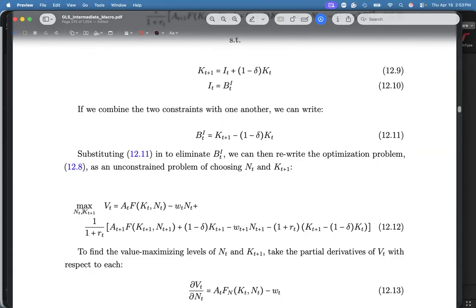And that's why dito, kita mo yung difference. It's now max NT and KT plus 1. Those are the two things that you are changing or deciding on as the optimal value. Yung KT plus 1 comes into play not in period T, ito yung period T dividends, but KT plus 1 really comes into play when? Dito sa second period. Even though you decide it in the first period. Yeah. You decide KT plus 1 in the first period. In the second period, it will come into play.